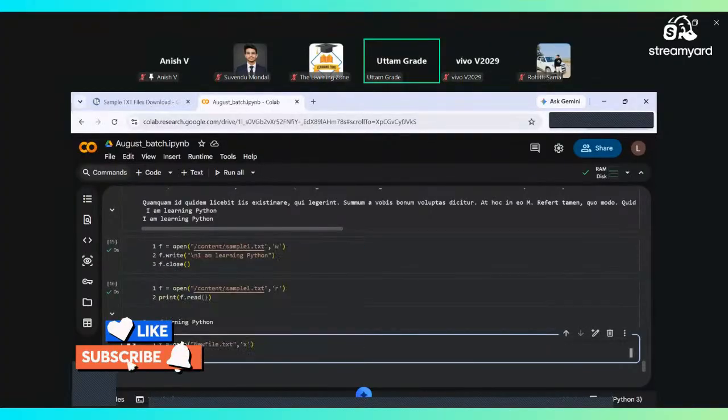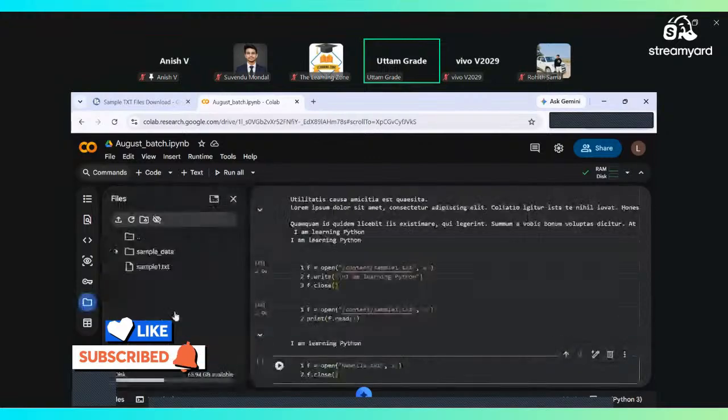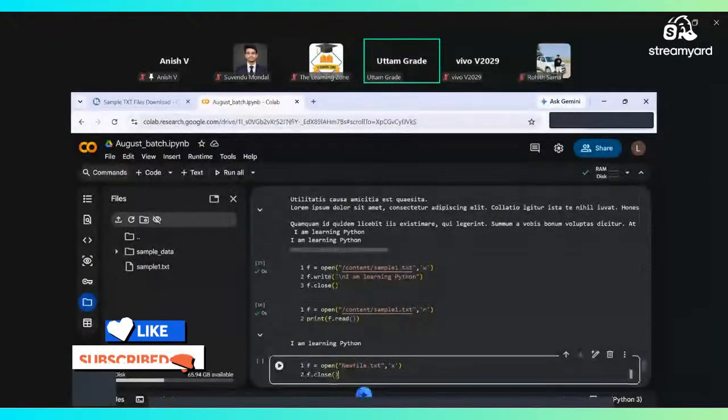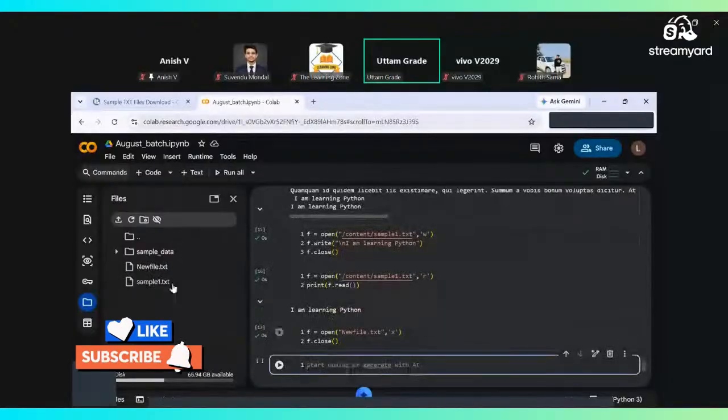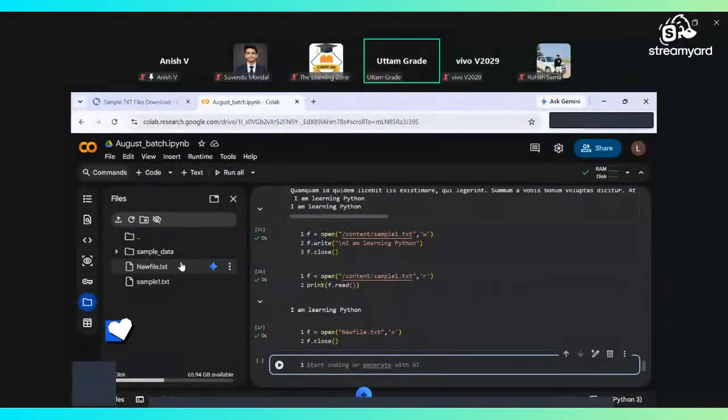right? So see, at this point, there is no new file.txt file, right? Now I execute it and you can see I got a new file in here, right? So this is how you do this thing. This is how you create a new file,